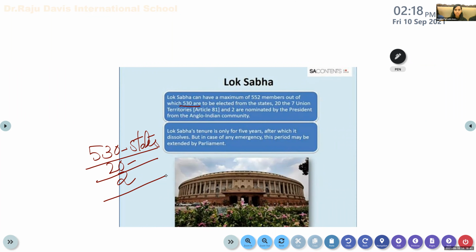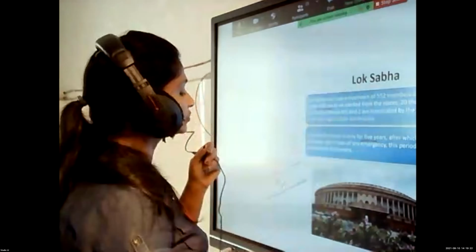Then, children, 5 years is the total time of one government, after which it dissolves and the next election will come, and the political party which has won the maximum constituencies will form the government. In case of an emergency, the President can extend the time of the existing parliament, though it has happened very rarely. Okay, so here, the state legislative assembly election